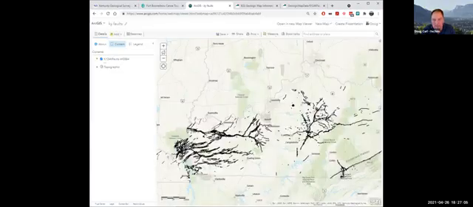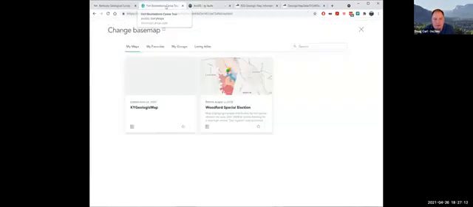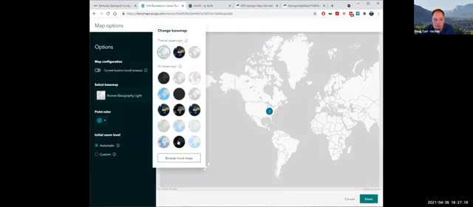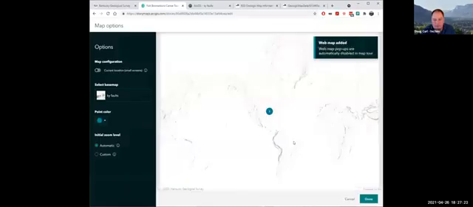So I've saved this map. This is a map that comes from us, from KGS, and it's got the fault traces on here. And now I can add some more maps. And so here's my Kentucky faults.